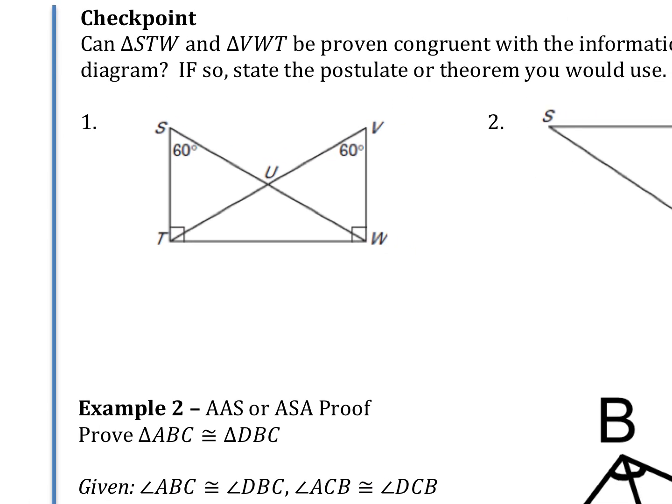So let's talk about this here. So we have two triangles. I'm going to highlight these two triangles here. We have this blue one right here, we got that one, and then I'll use red for the other one. We have this one right here. Okay, these are two triangles we're talking about. So I'll pause the video now that I've outlined them, see if you can tell if these are congruent or